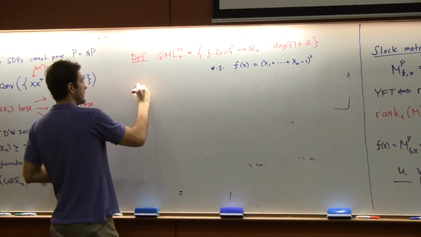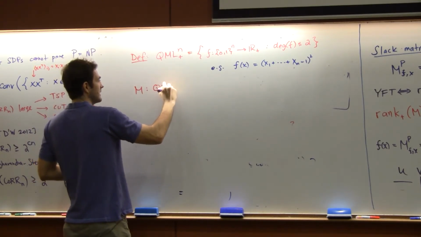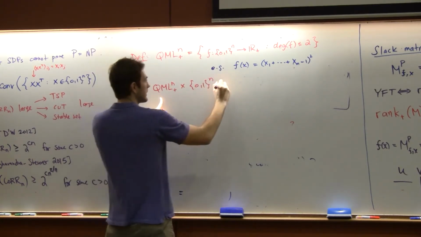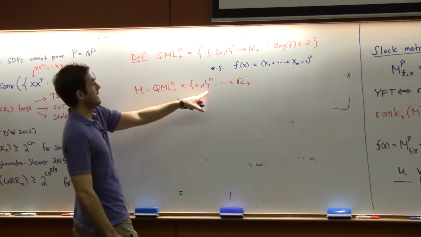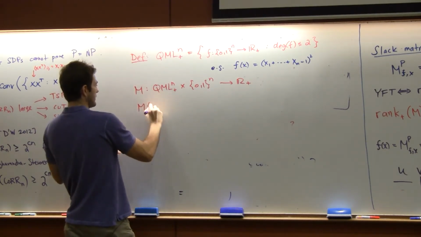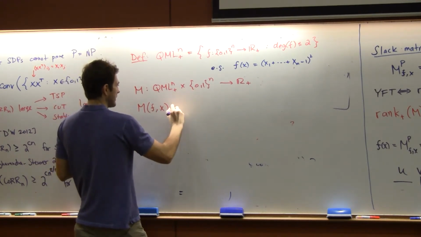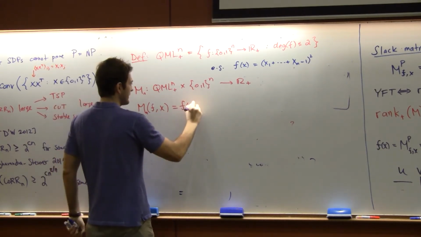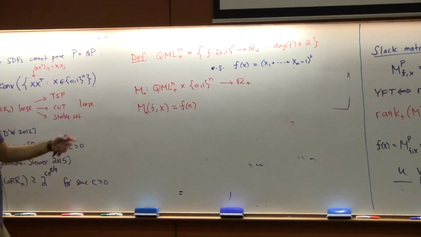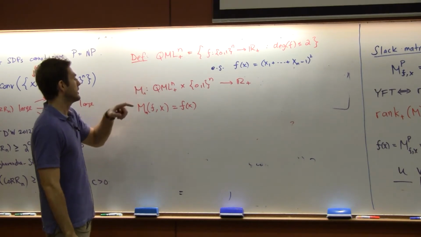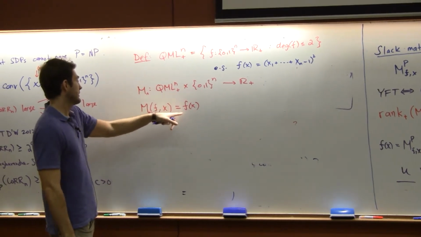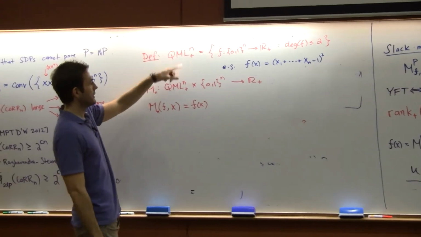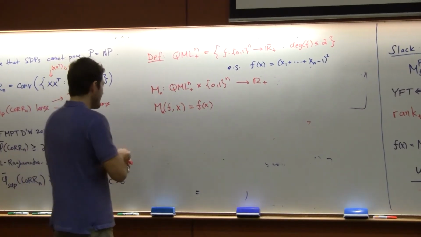Let's define our matrix, which is indexed by such functions and then the elements of the discrete cube. It's just the matrix where at f and x you get f(x). Let's put a little n. So our matrix Mn is exactly this. For every quadratic multilinear function on the discrete cube and every point in the cube, this matrix just has the evaluations of all those things. So it's just the values of all the non-negative multilinear functions on the cube. That's the matrix. And now the claim